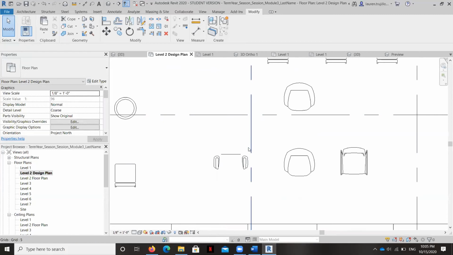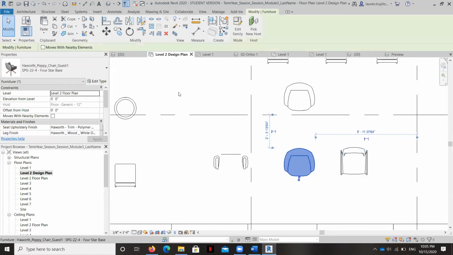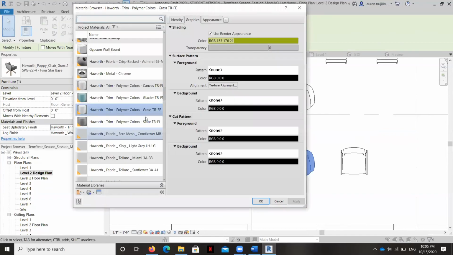Now, the nice thing about this master file is, of course, if I make a bunch of changes to this chair here, this version of the fern chair, I still have the nice clean version in my master file that I can continue to bring in. Okay, so you've learned how to edit the properties of these furniture pieces. We haven't associated global parameters yet, and really that's outside of a lot of our scope for this class. But you do know that you can click on these furniture pieces, you can click on their names here, and you could go visit the materials library.